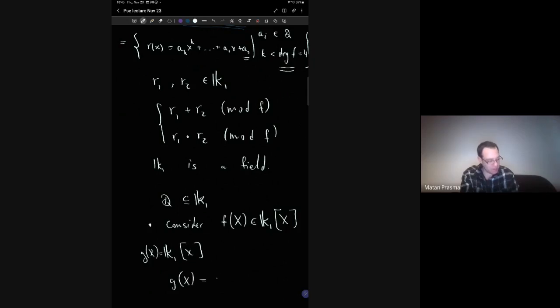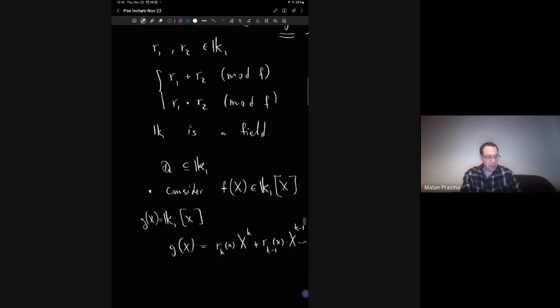you write it as rk(x) times X to the k plus rk minus 1(x) times X to the k minus 1, and so on. Okay? And the way to add two of these, if you have a g prime, say rk prime,